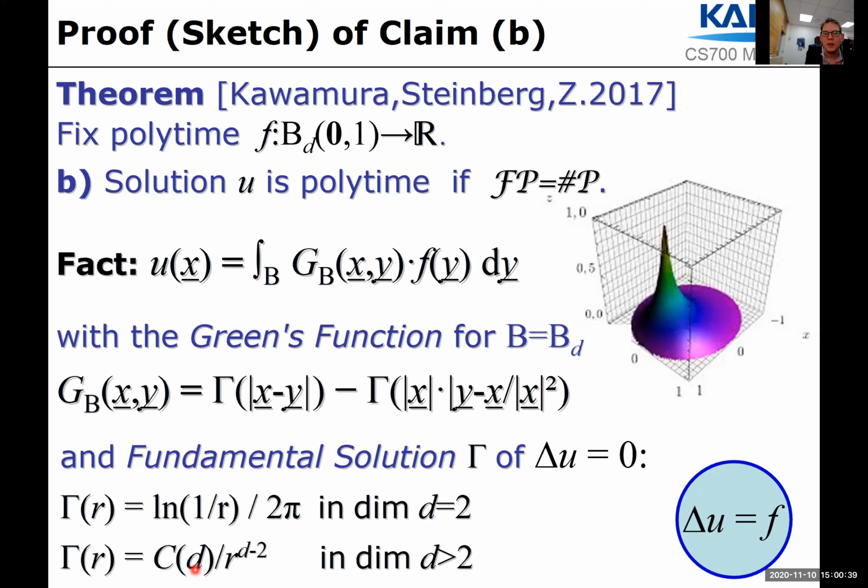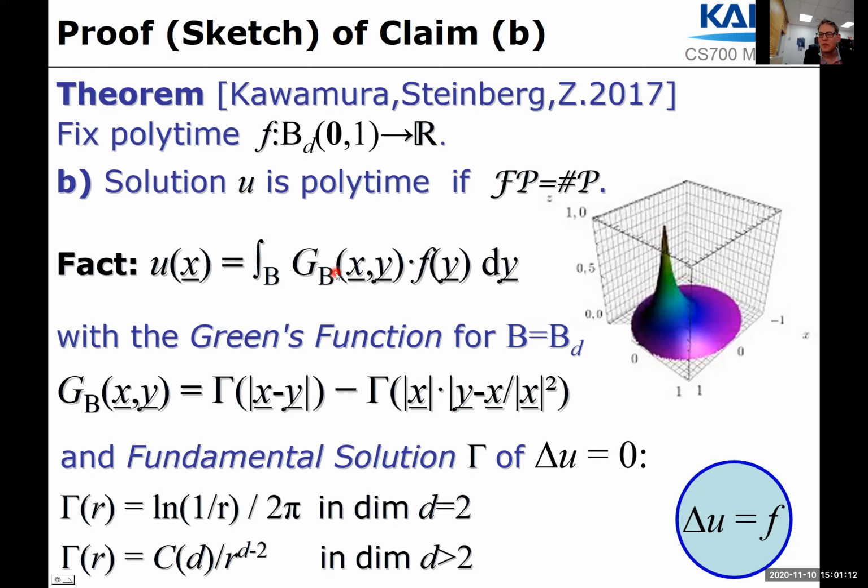Well, it's a polynomial time computable constant, but we don't need to know more because we're going to fix also the dimension. Since we fix the function, also the dimension is fixed. So to summarize, mathematics has provided us with an explicit expression for the solution, right? Here, this is explicit up to the constant. This is explicit, take the difference, and then this integral.